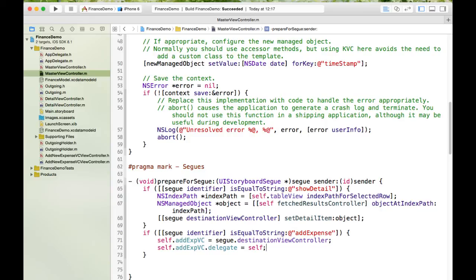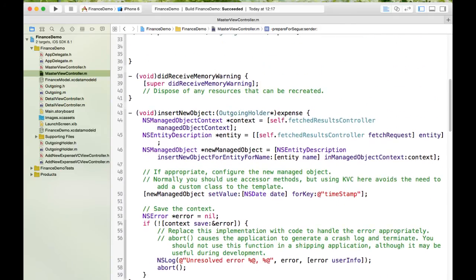We know that that's got a property on it which is called delegate. It's actually a class protocol, and we want to access a method on it. Okay, and it's just saying that just equals self because I'm the thing that implements it. Okay. So what should happen now is, and we should be able to test this now,